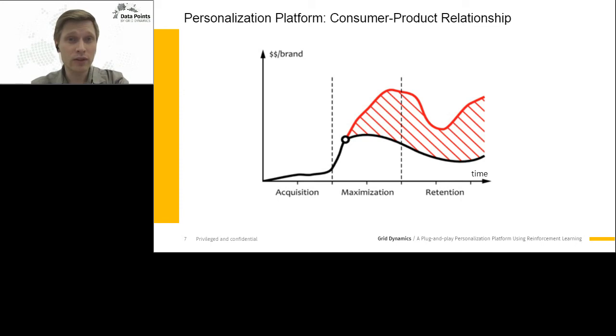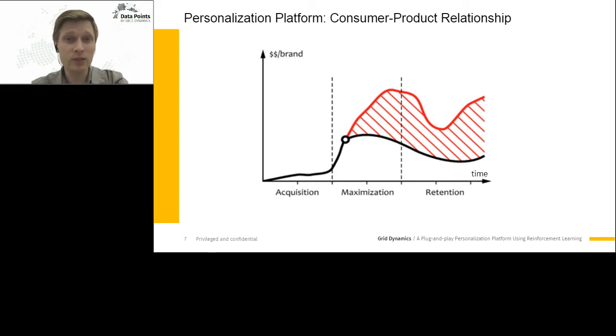On the shown plot, the black curve represents the customer spendings on the product without receiving promotions and offers. And the red curve represents the customer spendings in case of applying these marketing campaigns to the customer. So we are interested, obviously, in having such a personalization platform which will make the red curve higher than the black one. And from the business perspective, the primary goal of the company is to improve the long-term performance of the application or game, because most users interact with the product over a relatively long time span, so it is important to optimize each action, offer, promotion, or notification in a strategic context as opposed to optimizing actions in isolation.